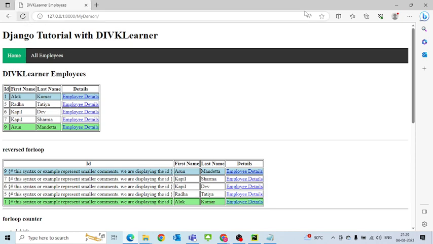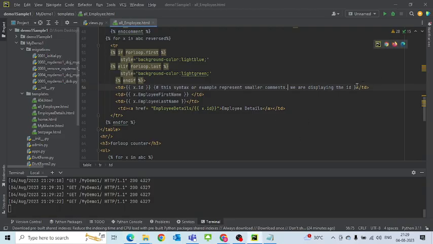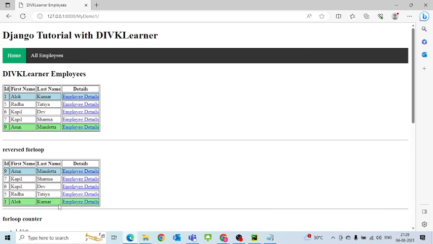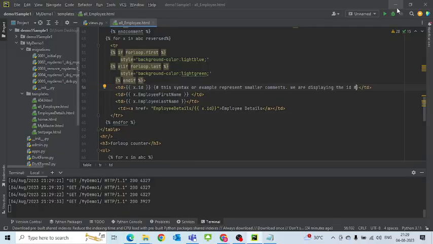So it is still there. So the other way is that we have to tell that the comment ended with the hash. I'll again save all and rerun it. So now you don't see comments being written there. So this is how you start the comment and this is how you end the comment in